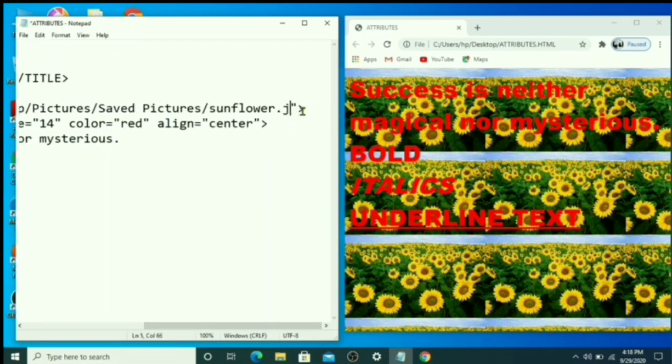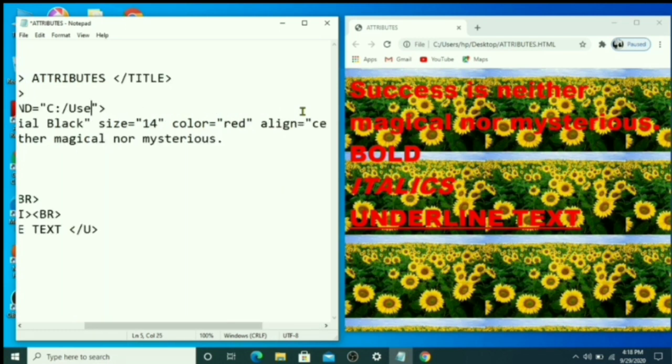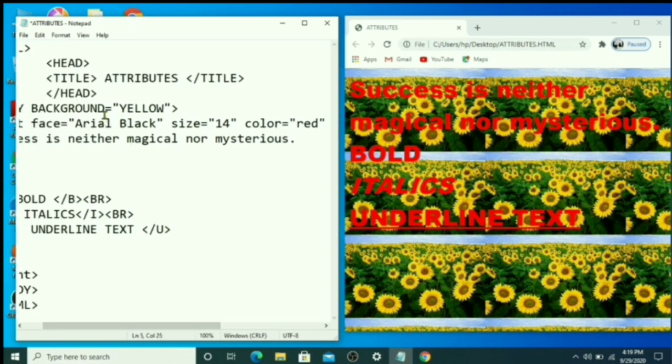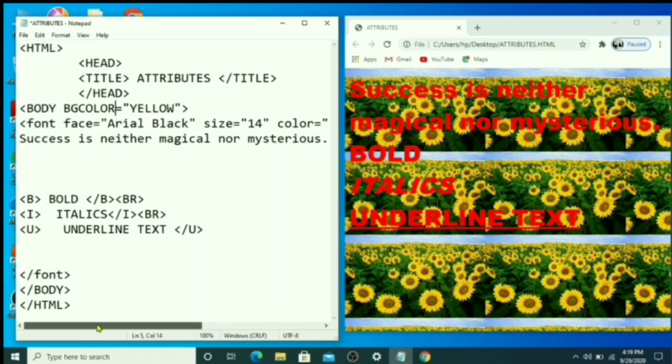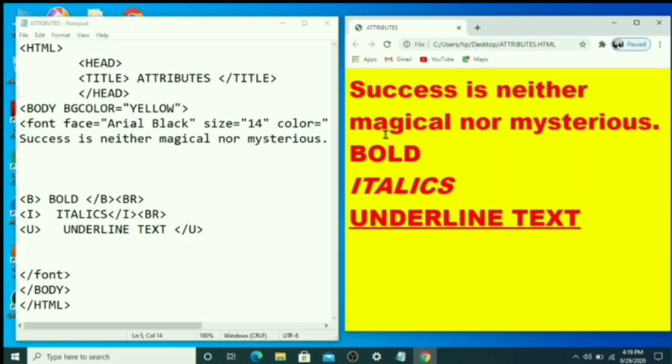I'm going to take simply the color yellow. That time you have to change your attribute spelling also, bgcolor. The spelling of color should be correct, C-O-L-O-R. Okay, you just save your file, press F5. Okay, now it is visible clearly.